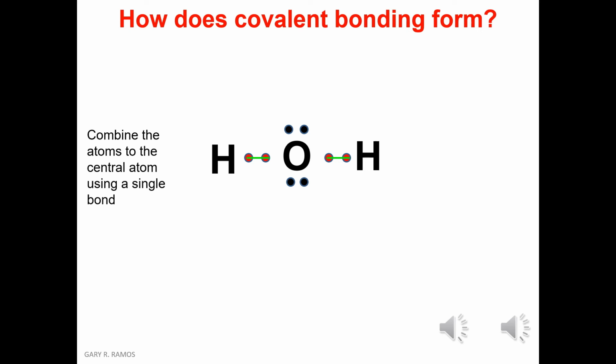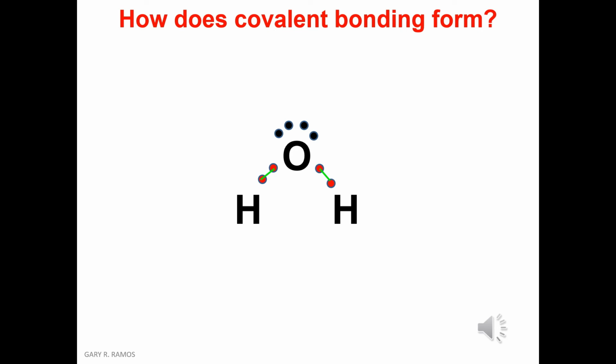After sharing of electrons, there are two valence electrons now in the first hydrogen. There are 8 valence electrons in the oxygen atom, and there are 2 valence electrons in the second hydrogen. Following the octet rule, these three atoms are stable. Considering the valence shell electron pair repulsion theory, this would be the structure or geometry of H2O.